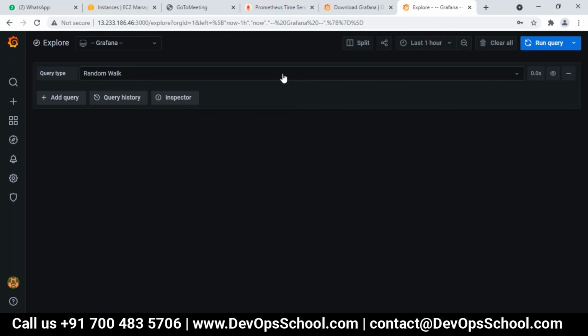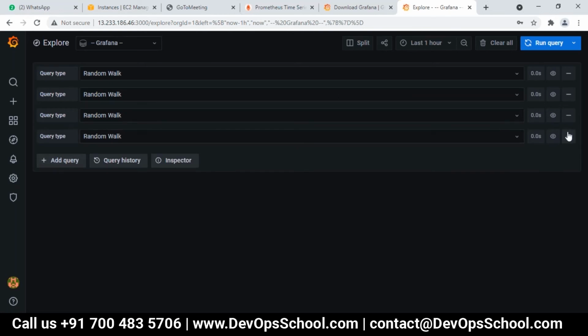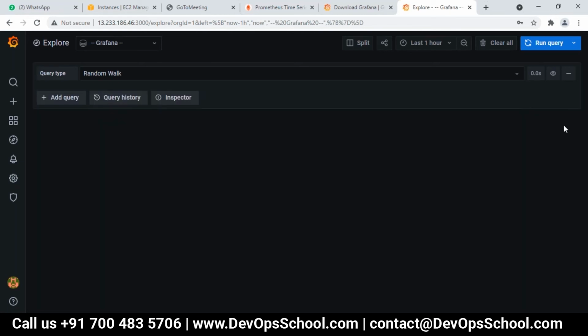As I told you, Grafana fetches data from Prometheus using PromQL, which is Prometheus query language. Such queries you can run here. Click on run query, then you will see the data. Or you can create a list of queries by adding a query. This is somewhat like what we did in Prometheus. If you remember, in Prometheus you can add multiple queries at the same time.